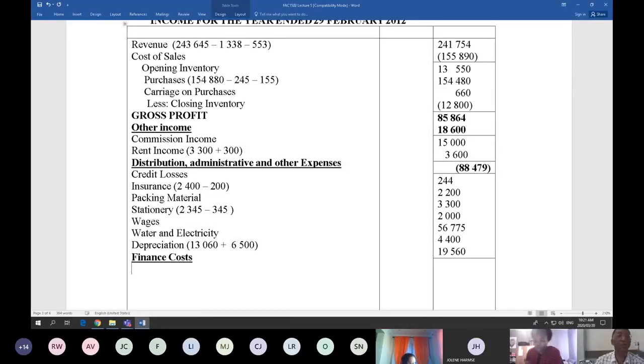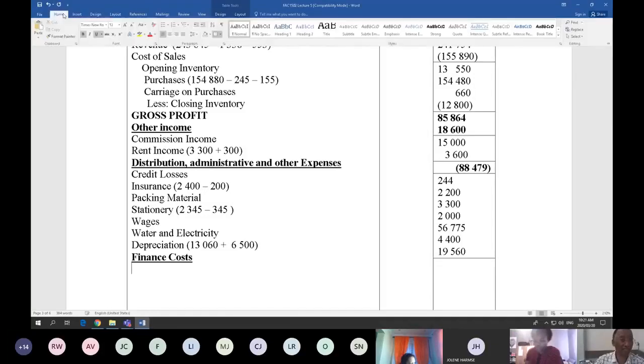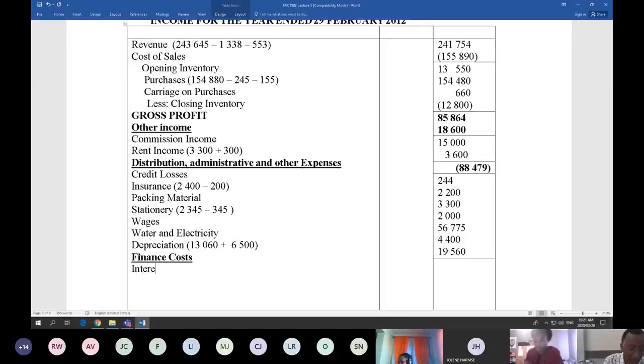This is where all our interest accounts will appear. In this question, guys, we have got interest on loan as an expense. Remember, that was the interest that we haven't paid as yet. Interest on loan, that is our last expense, coming from our adjustments, and we have calculated our interest expense to be